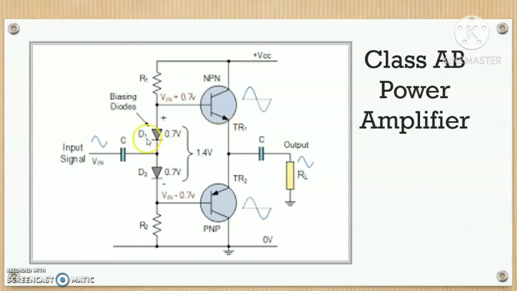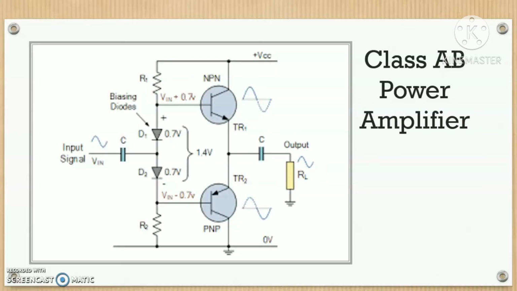A very important thing about this circuit is this diode. Here we can use a resistor also, that is also correct, but in this diagram a diode is used because a diode is a semiconductor, and the base-emitter junction VBE is also a diode. So if there is some temperature change and VBE is affected, then the diode is also affected by the same thing. That means there is no possibility of any error or mismatch. So in this way it is providing temperature compensation also.